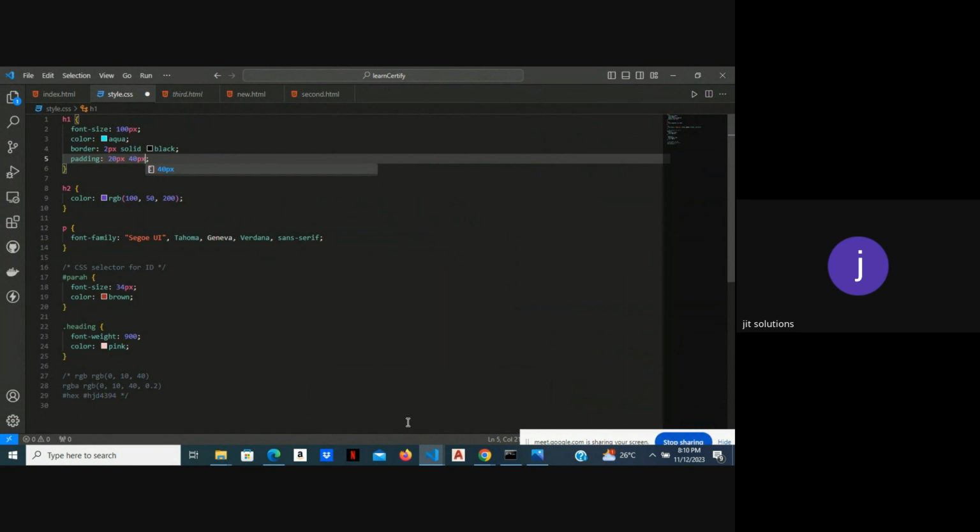So when you create padding and you give it two values, it takes the first value for your top and bottom, and it takes the next value for your right and your left. So if you save this